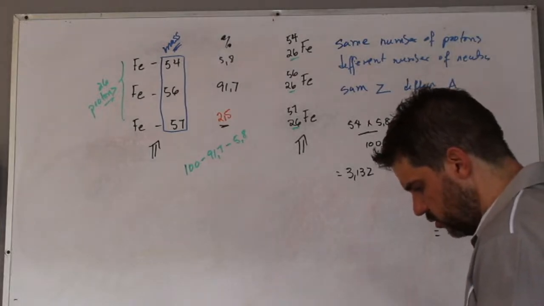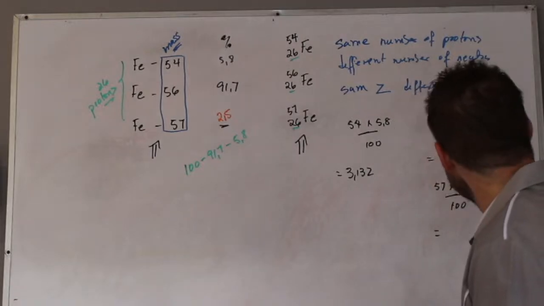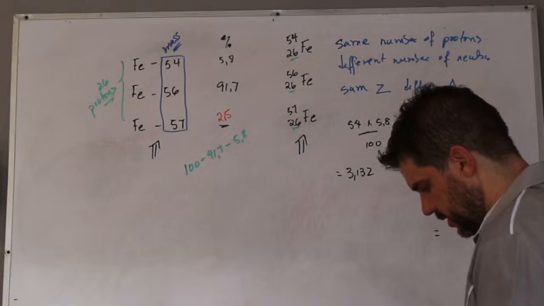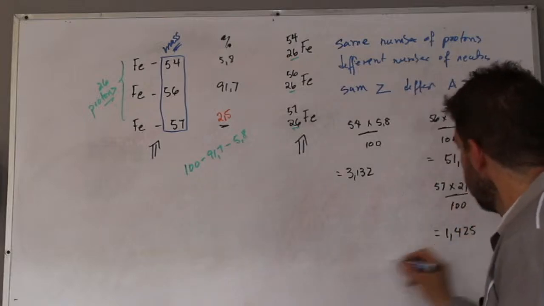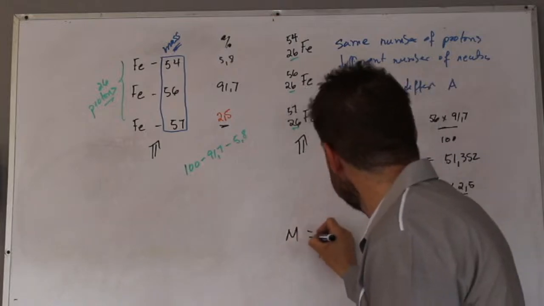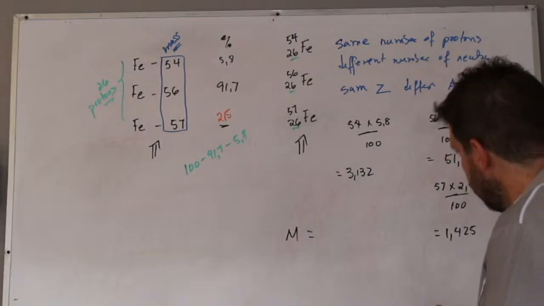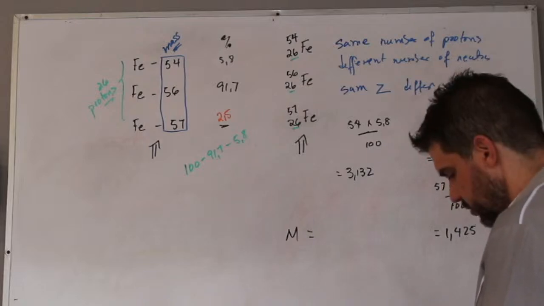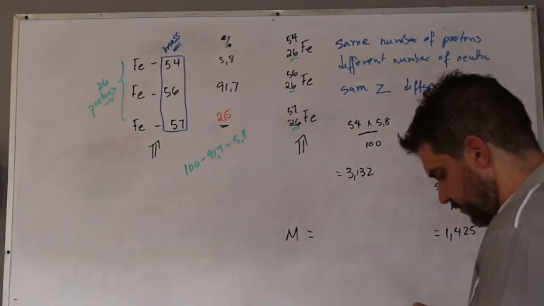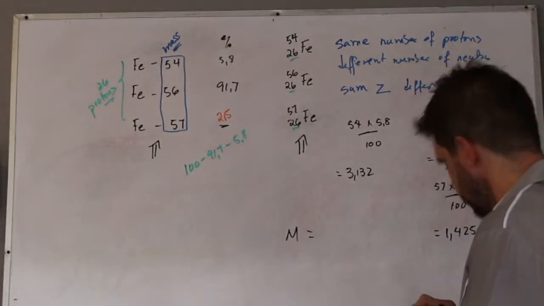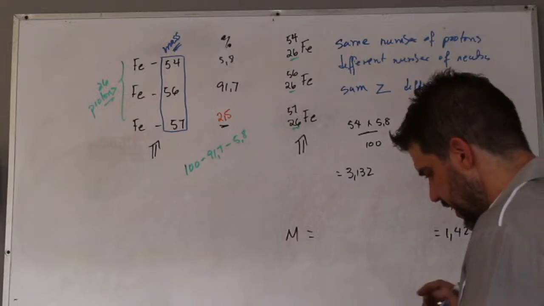And the last one, you do it, guys, so long. You can do it, please. It's 57 times 2.5. I'll get 1.425. Now, the relative mass is going to be the addition of all of them. So you get 3.132 plus 51.352 plus 1.425, and I'll get that it's